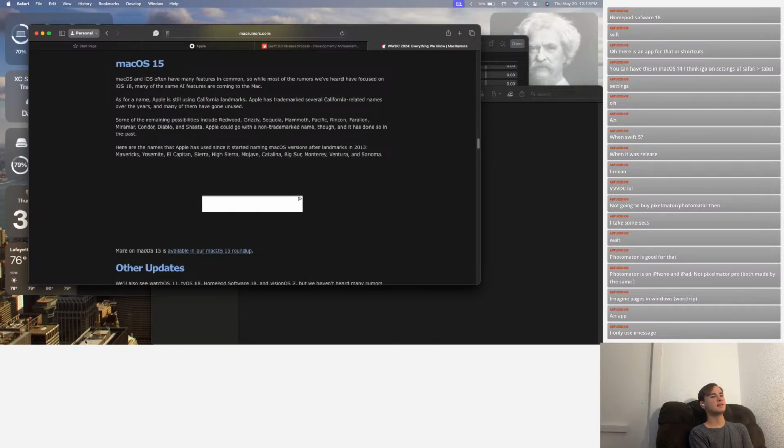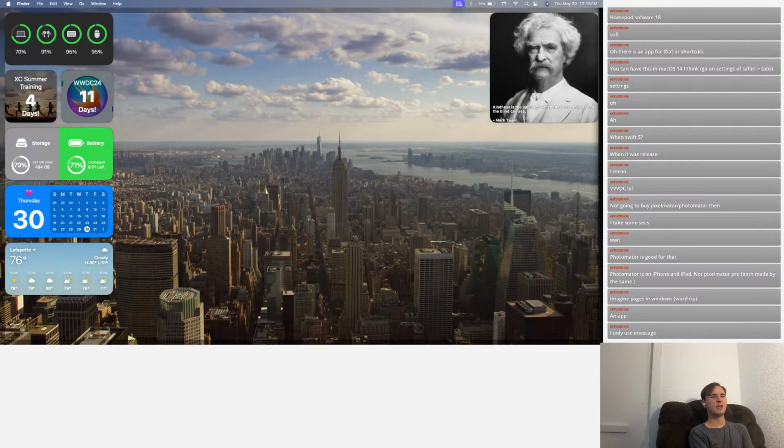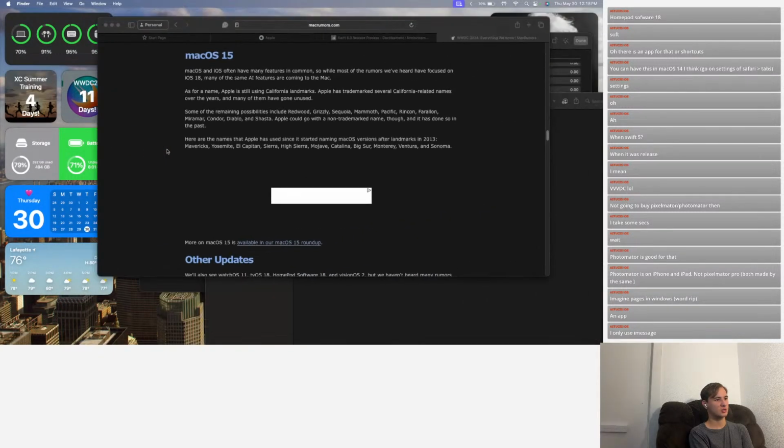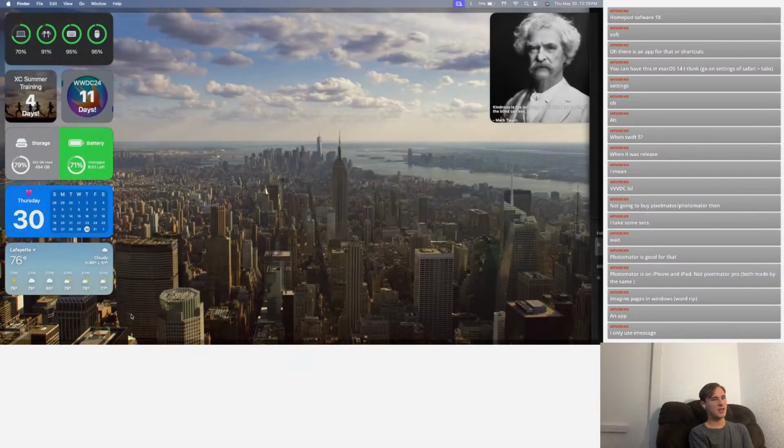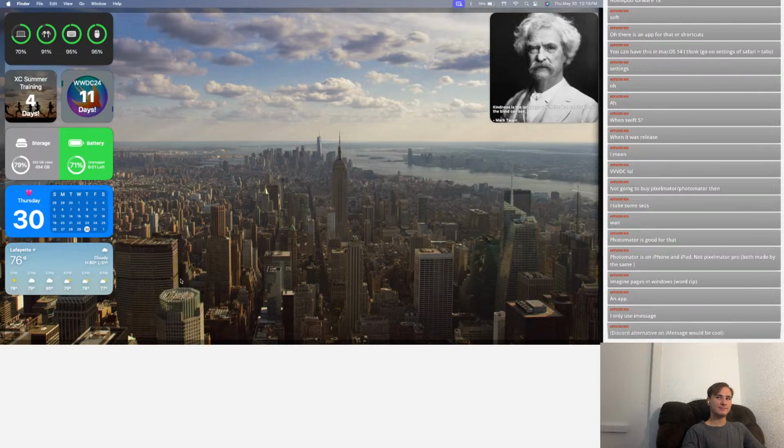macOS 15. So, one of the things I want in macOS 15 are smart stacks and lock screen widgets. And everything else I want are the AI features in iOS 18 brought over to the Mac. And then, let's see, what else? So AI features, I forget what else I want. And stability, because,